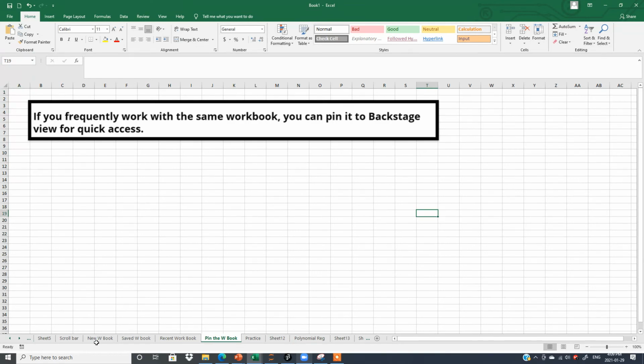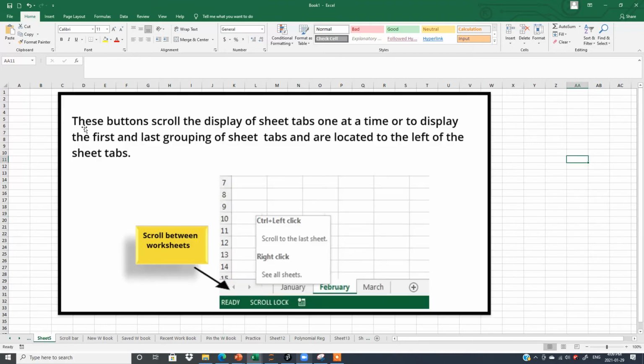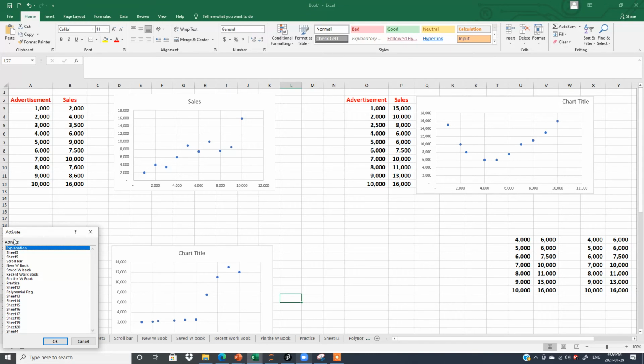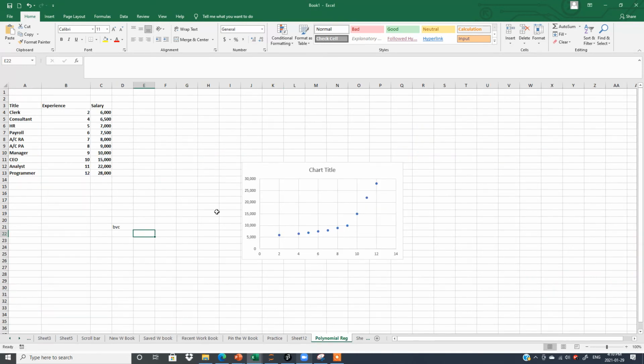Pin the workbook. So these two buttons I have mentioned here scroll the display of the sheet tabs. Right, and one more thing I will show you here. See here, if you right click on these two, you will see all the sheets listed. And if you want to work on, suppose, this polynomial regression, click here, it will open for you.